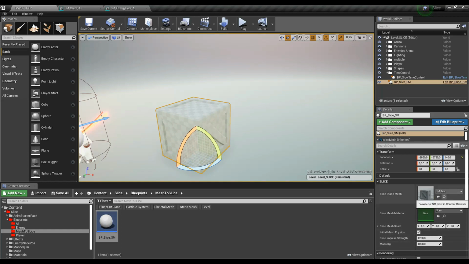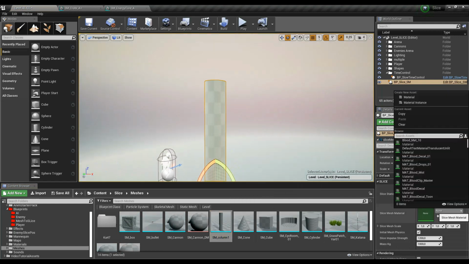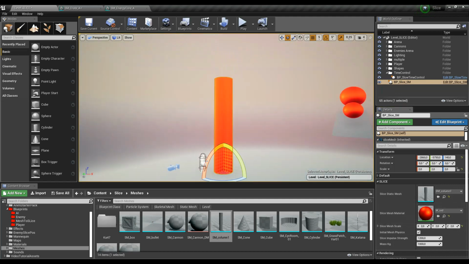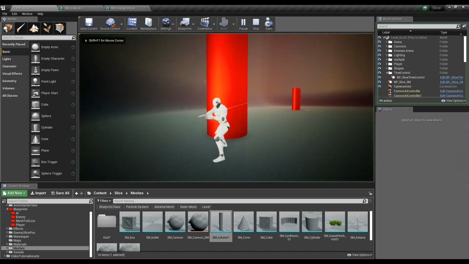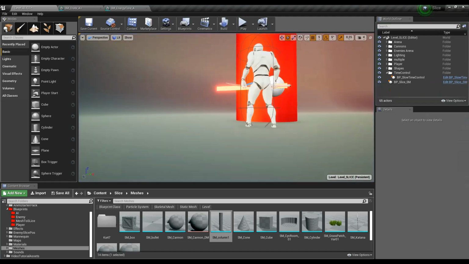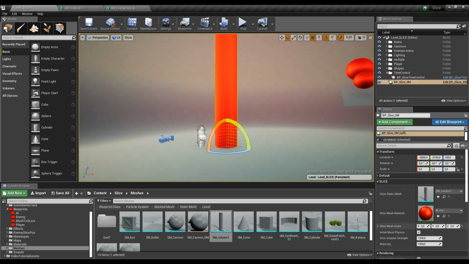So let's see, for example, I have this kind of mesh. Let's see how I want to grab this mesh, make it red, for example, make it bigger, and I can already start slicing this mesh. As you see, this mesh has already got all the physics when I start my game,